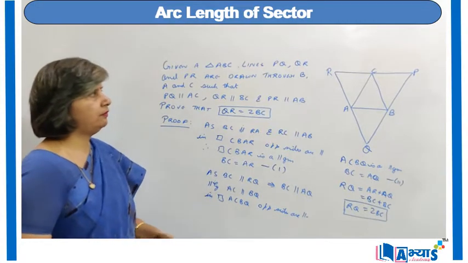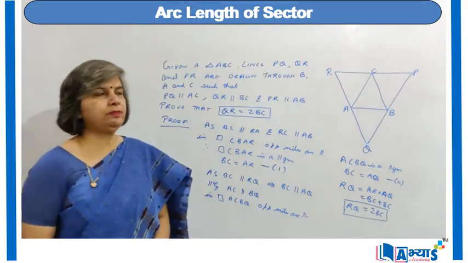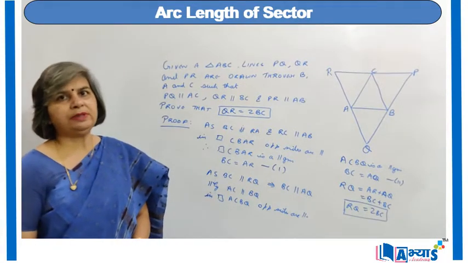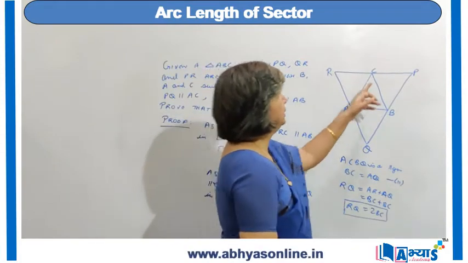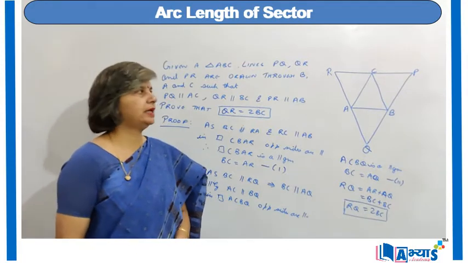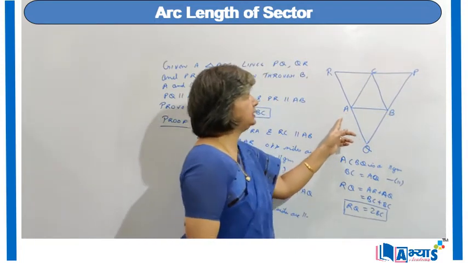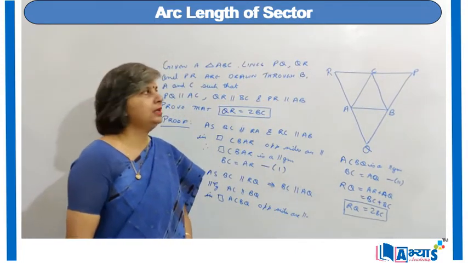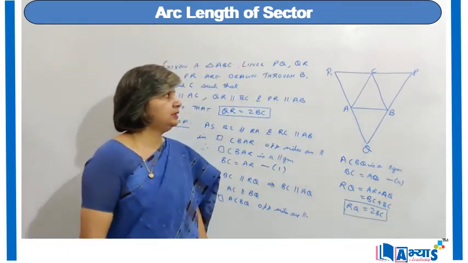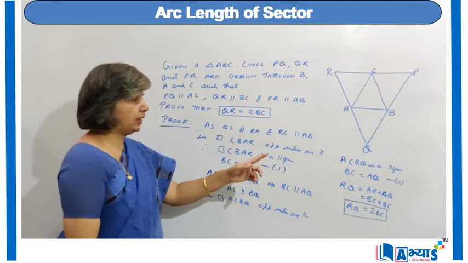To sum up, what I have done is I have tried to prove CBAR a parallelogram, because both pairs of opposite sides are parallel, that means BC is parallel to RA and CR is parallel to AB, so CBAR is a parallelogram, and from this we can say that BC is equal to AR, because the opposite sides are equal. So it was statement 1. Similarly, we proved that CBQA, or we can say ACBQ, is also a parallelogram, because AC is parallel to BQ and AQ is parallel to BC. So as ACBQ is a parallelogram, we have proved that BC is equal to AQ. We have marked it as equation 2.